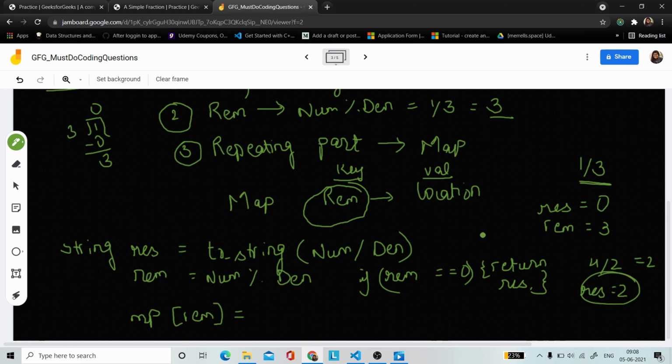For storing the fractional part, we can take another string, like a fractional part string, which is initially empty. The location of the remainder will be equal to the length of the fractional string up till now. So you can just store it simply.